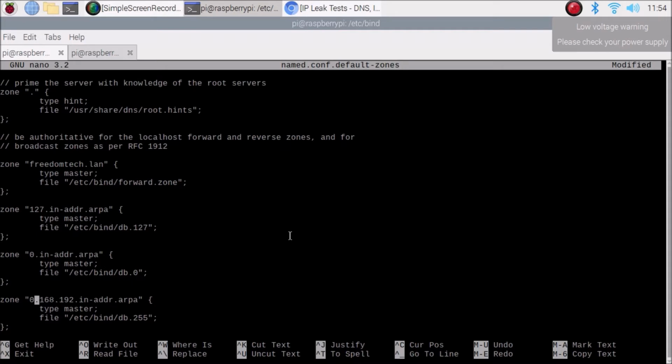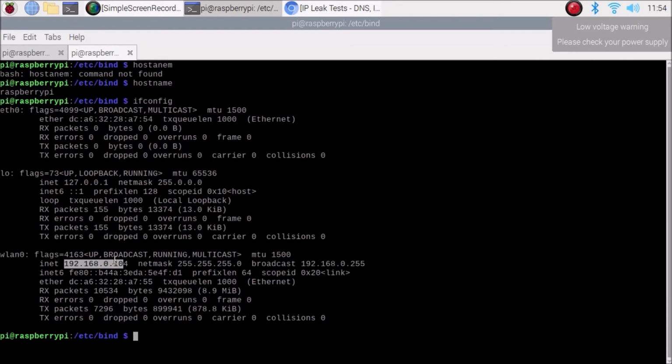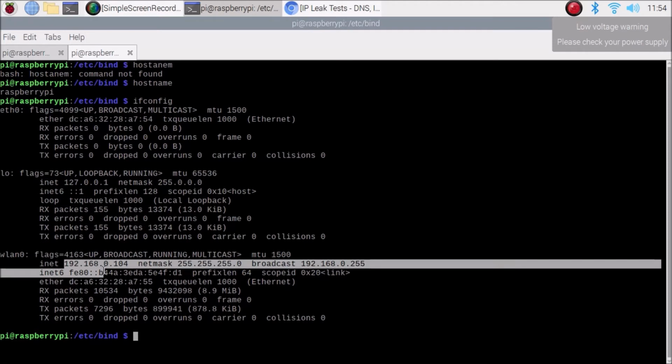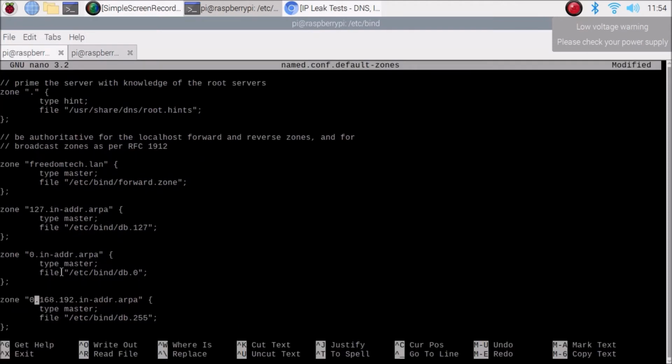We don't need to add the last digit, which is 104. We need to add only 192.168.0. Don't change anything else. You need to mention it this way.